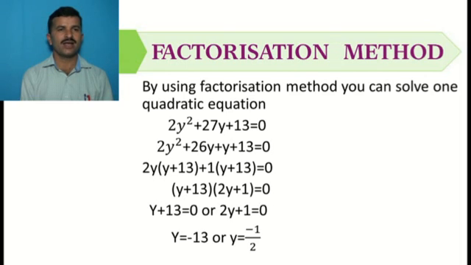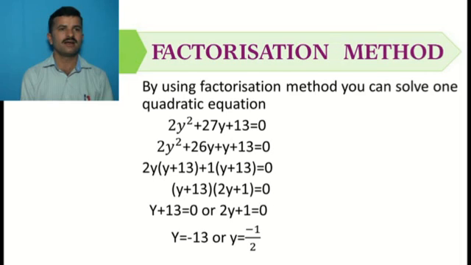Before that, you learned how to find the factors of a quadratic polynomial. Therefore, here the factors of 26 are 26 and 1, because 26 has a positive sign and the middle term has a positive sign. Therefore the factors are plus 26 and plus 1. Therefore the equation becomes 2y square plus 26y plus y plus 13 is equal to 0. In the first pair 2y is common, therefore the remaining part is y plus 13,